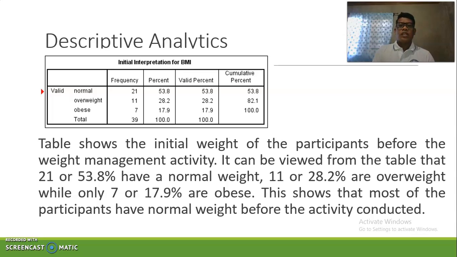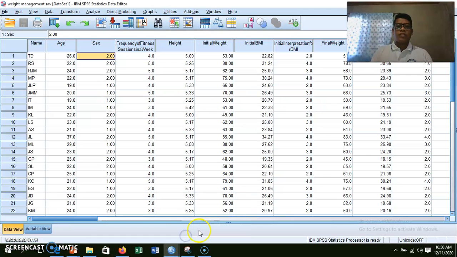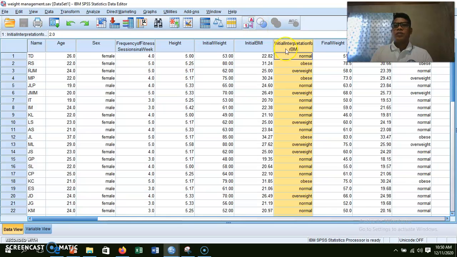Okay, so let's try another data that we want to count: the initial interpretation of BMI. So let's get the data here in the SPSS. We want to count how many participants are normal, obese, or overweight.